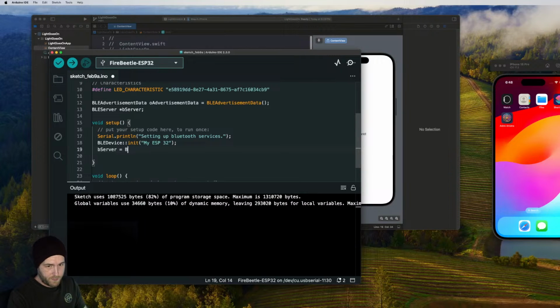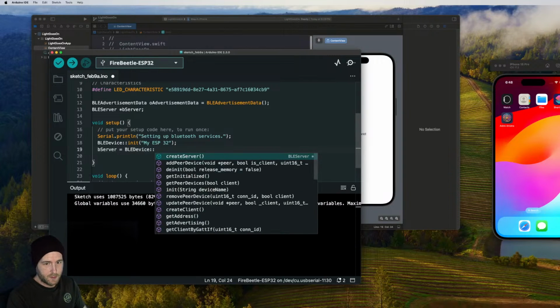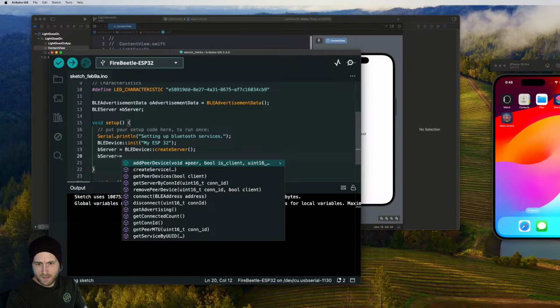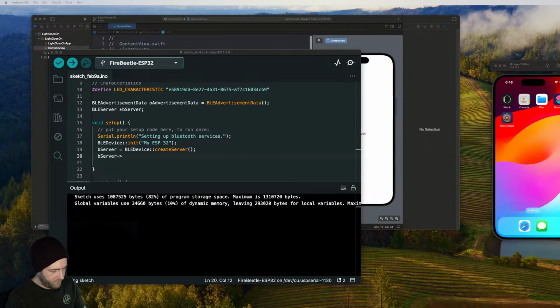So we've got BLE device. We say create server. There we go, we've got some code completion there. Create server, BLE server, and it looks like there's a set callbacks thing. Let's see if we need this. Yeah, oh yeah, of course. Let's do that. This will give us some readouts when a connection has happened and when things have disconnected. I'll go a little bit more into an explanation of what that actually means in a second. So we say set callbacks